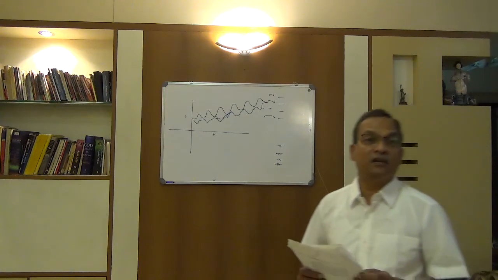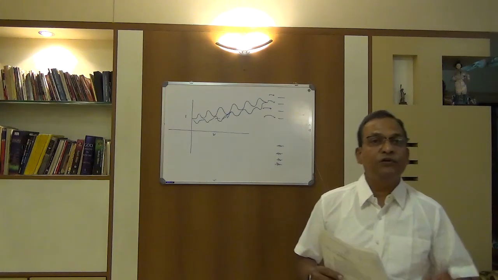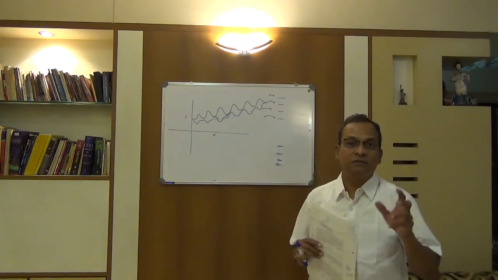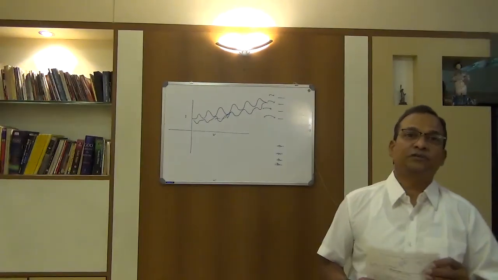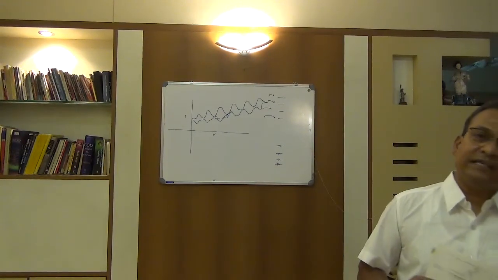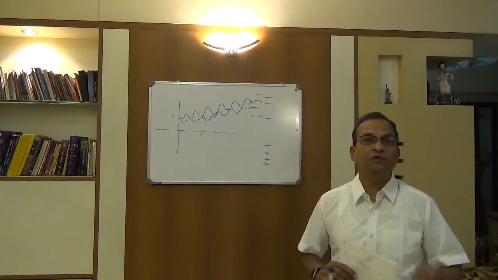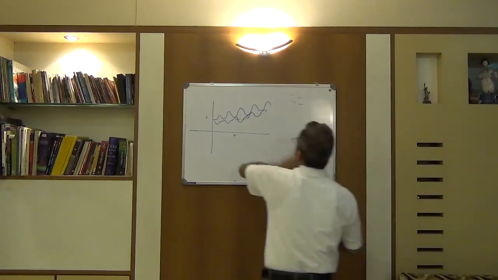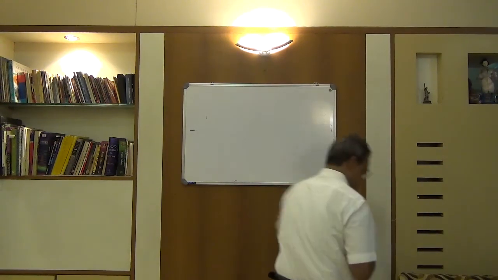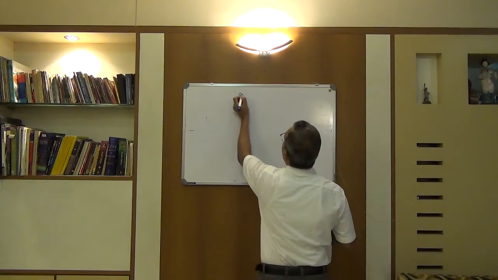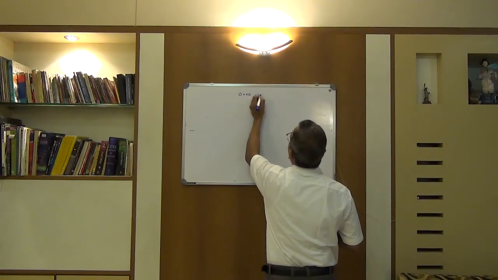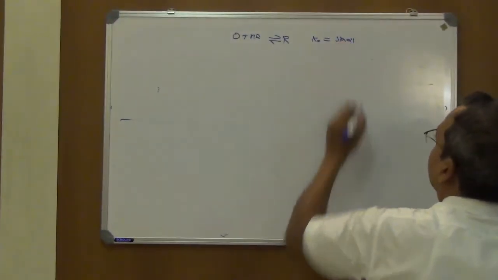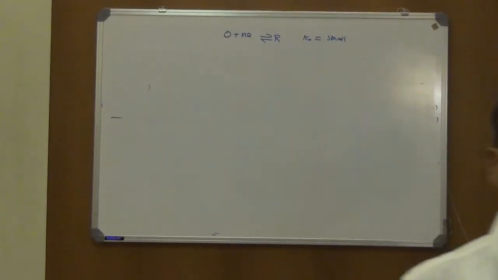and if I ask for this 1,000 rupees back, then he will not give it immediately. He will take some time. He will say, I'll give you tomorrow, and then eventually he will give me back. That is a typical example of a quasi-reversible system. That means my reaction is reversible but slow. That means my k0 is small. So if my system is quasi-reversible, again I have O plus ne equals R, but my k0 is small. That means I am going to get my money back, but after some time.